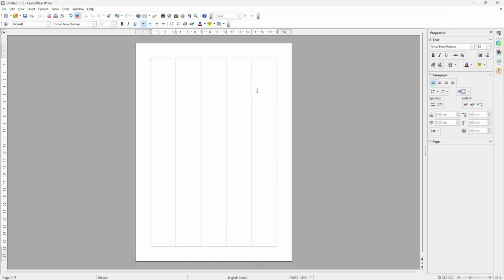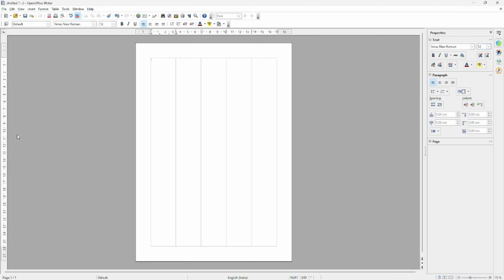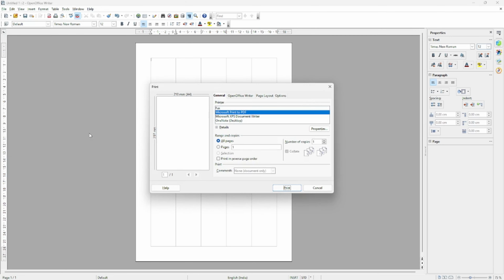Now the last option, how can we print, right? For print, go to File, and below page preview there is the print option, correct? And here there is a shortcut key also. The shortcut key for print is Ctrl plus P. You can directly click on File and then Print, otherwise Ctrl plus P. Understood? Now here are two basic options you need to pay attention to.